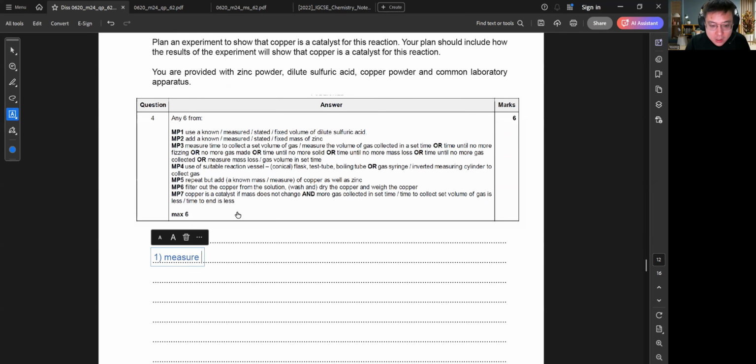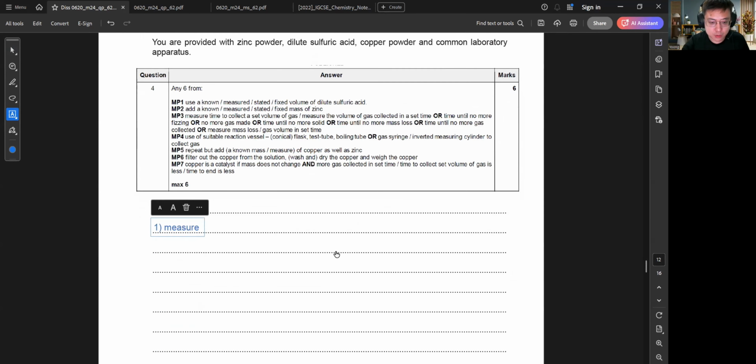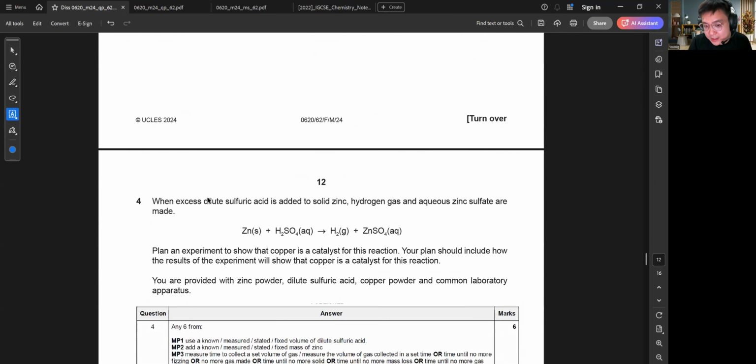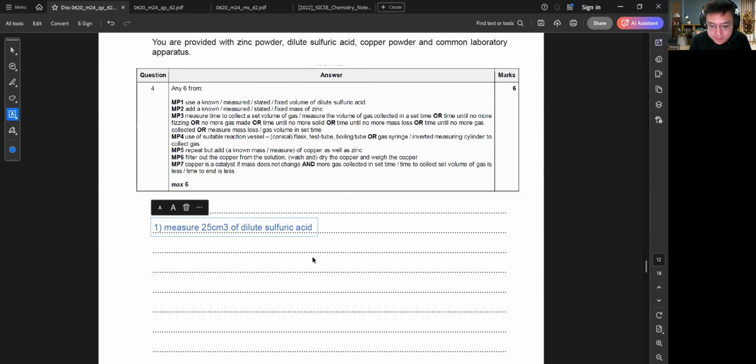Measure. So just give an amount. As long as it's a reasonable amount. So we can go with, let's say, 25 cm cube of dilute sulfuric acid. Okay, how do we get this? Because on top here, dilute sulfuric acid. In case anyone is not sure of the spelling, with a measuring cylinder. What I always like to teach is make sure to say what you use to measure. Don't just say measure. Using a measuring cylinder or whatnot. And then number two is,